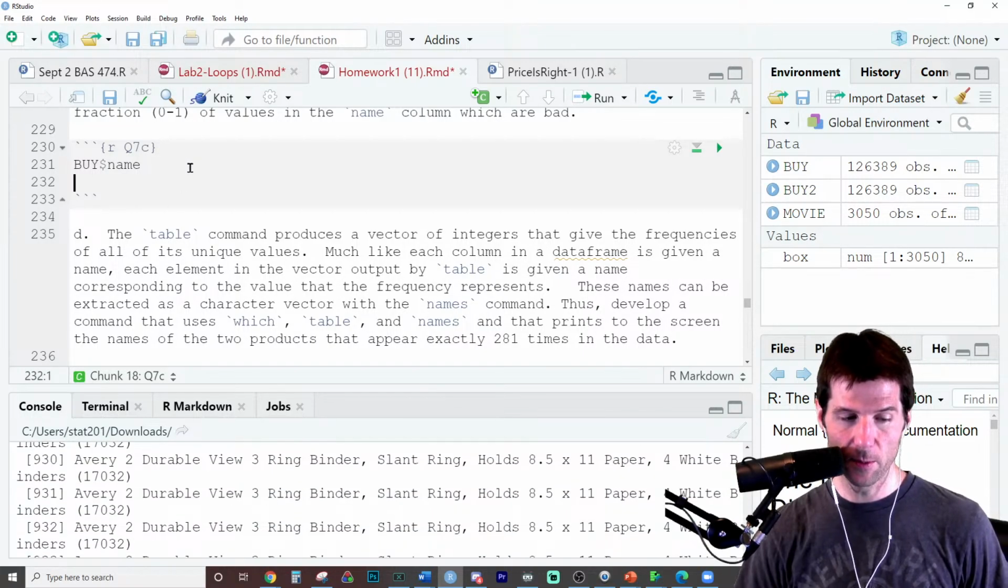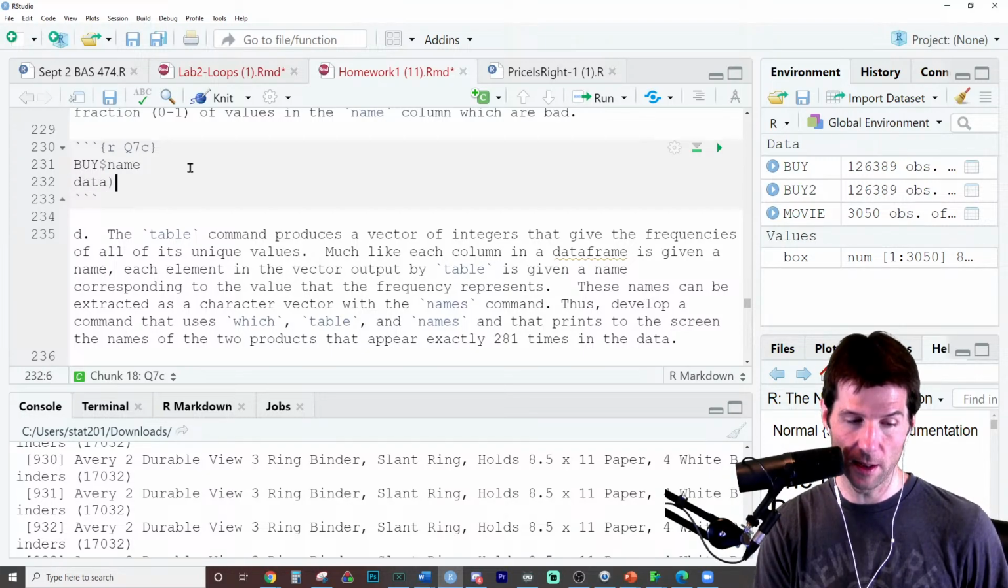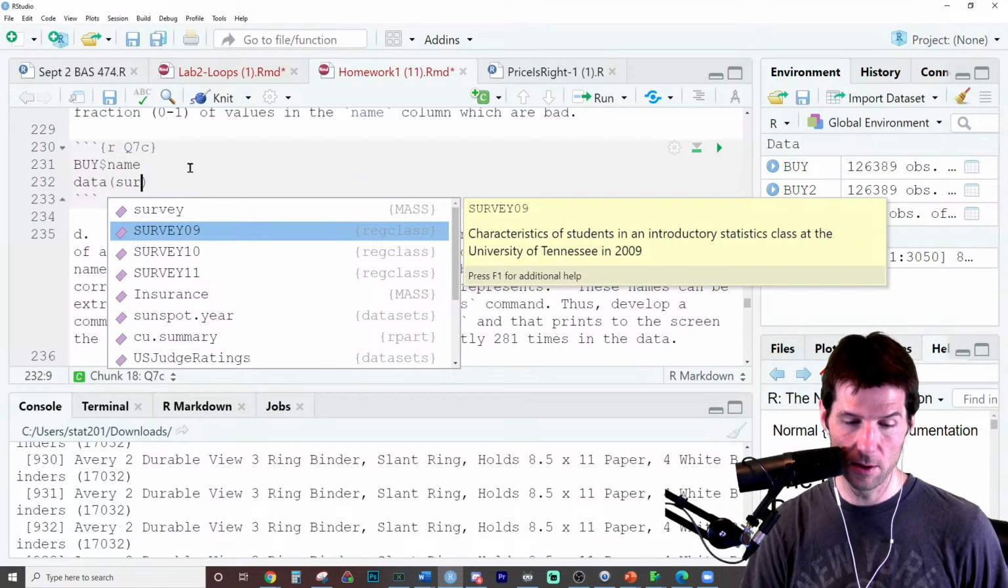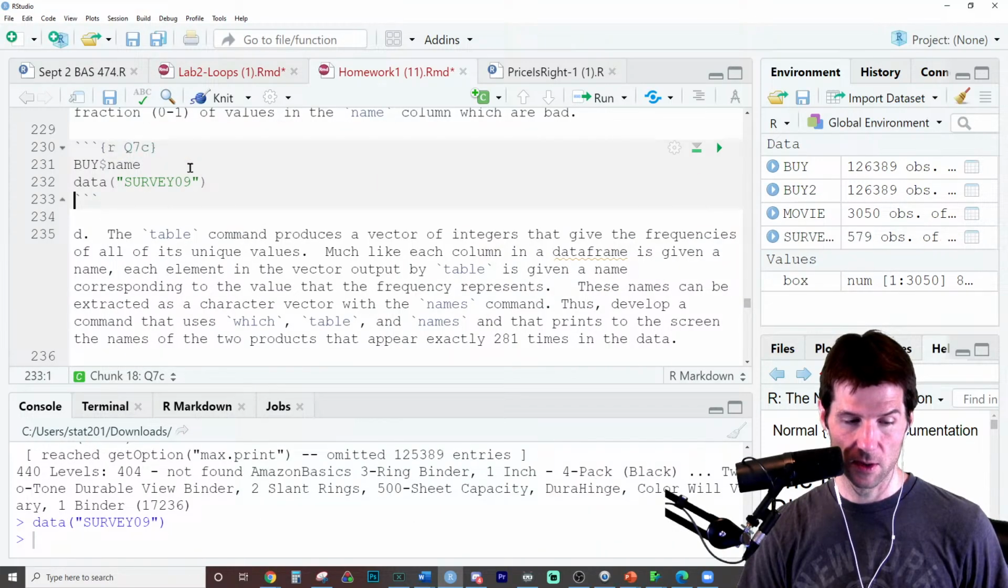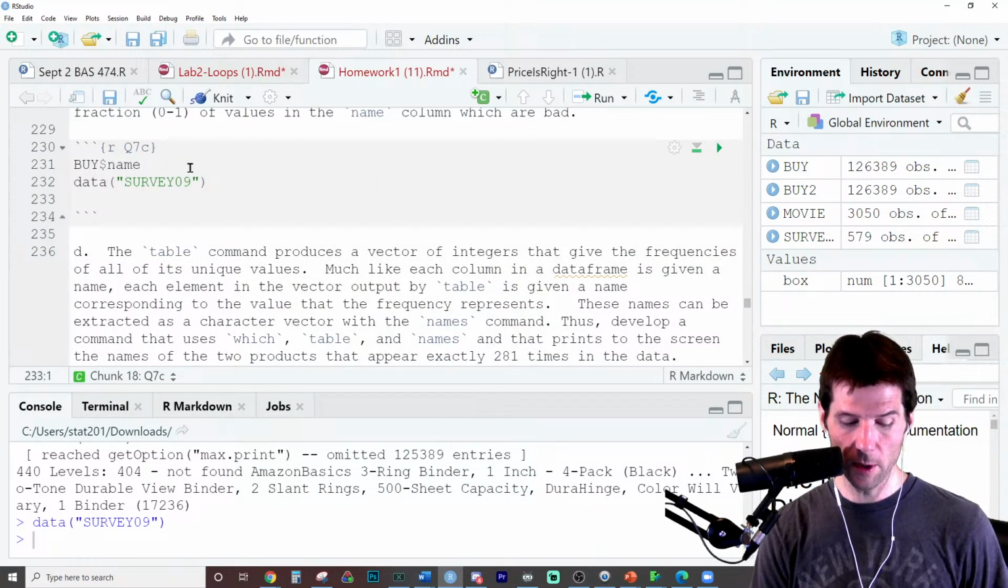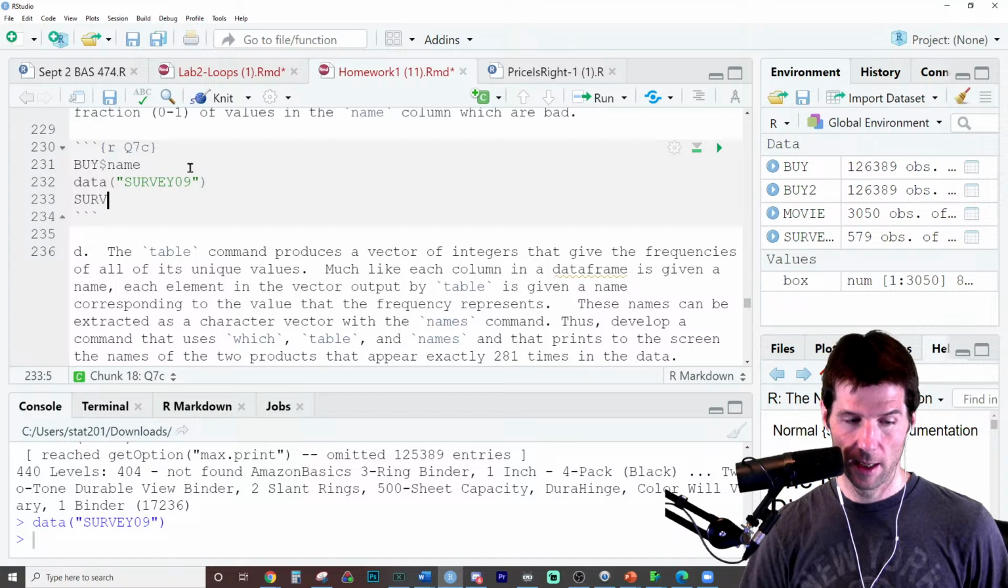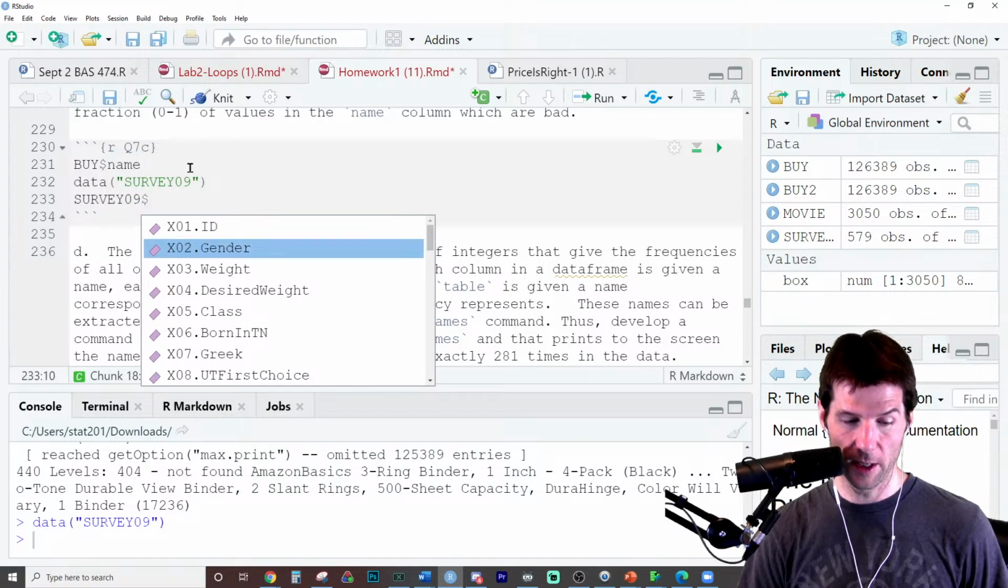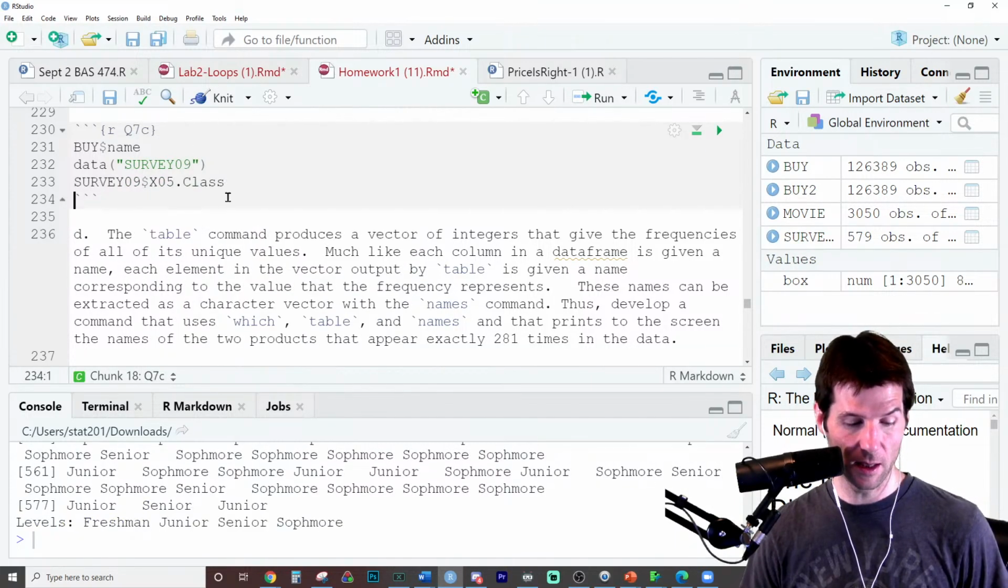Now, I want to explain what a levels vector is. We should know what a levels vector is. Let's go to this. When you look at what a levels vector is, who can explain what a levels vector is? Like when you see the levels vector,